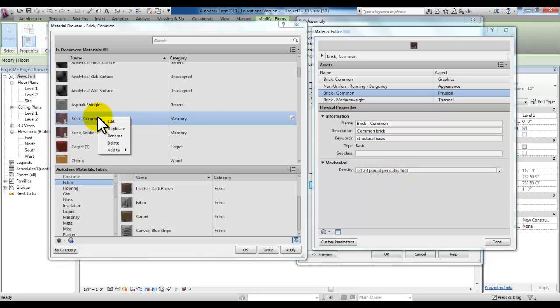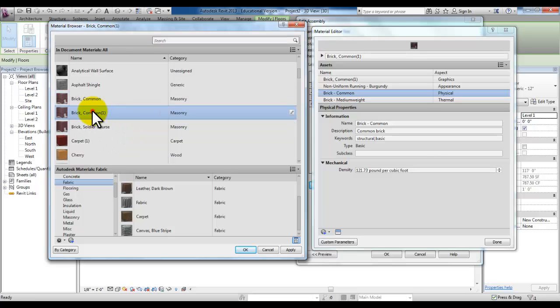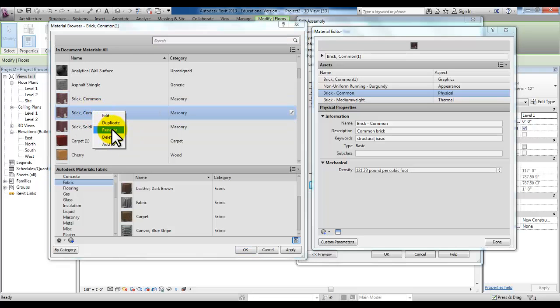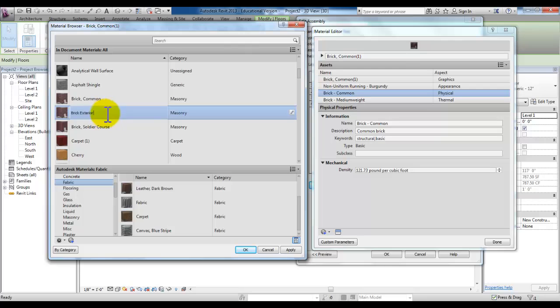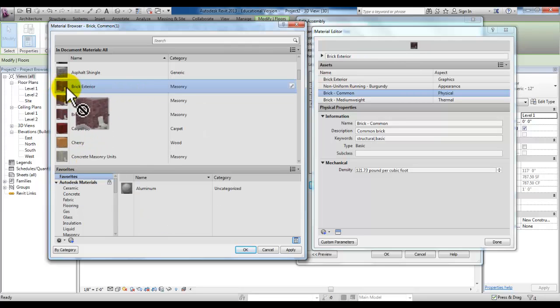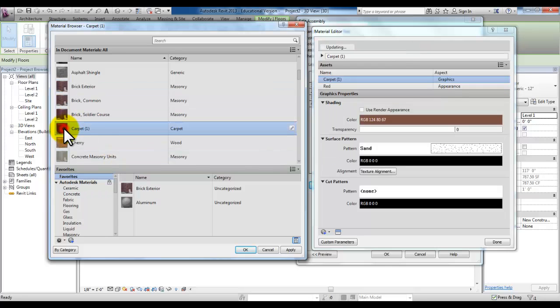You can also right-click and duplicate these materials so that you can create your own. Once you duplicate the material, you can highlight it, right-click, and pick Rename to give it its new name based on what type of material it is or possibly where it's used. Once you rename your material, hold your left mouse button down on the new material and drag and drop it into your favorites. So for this example, I'll double click on carpet, and then we can